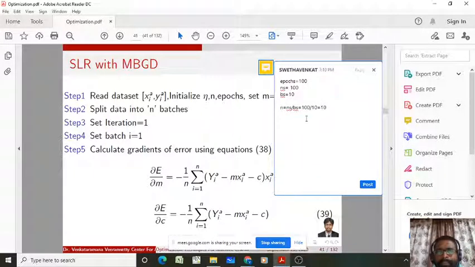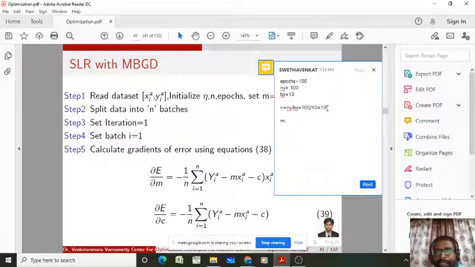Now what mini batch gradient descent optimization does is, it passes all the samples in one batch at a time and updates the model parameter. Now pass all the samples in the second batch, update the model parameter. Pass all the samples from the third batch and update the parameter. Similarly, pass all the samples from the 10th batch and update the model parameters. That means we are passing all the samples of one batch at a time, not sample by sample, not all samples at a time. We are passing batch by batch. So as we have 10 batches, how many times will the model parameter m be updated?